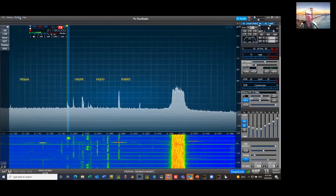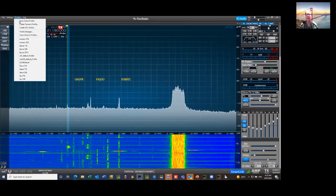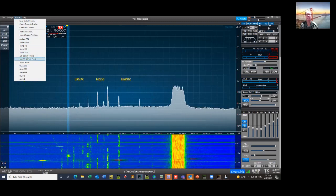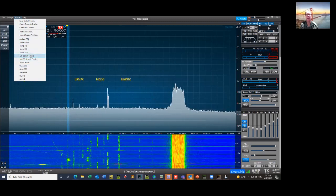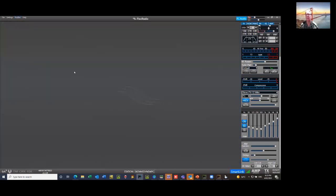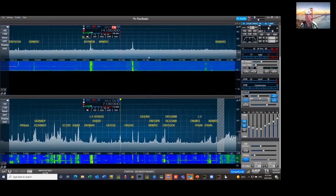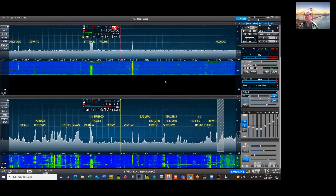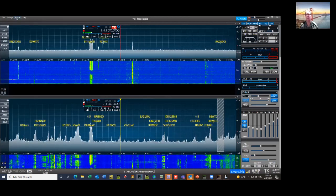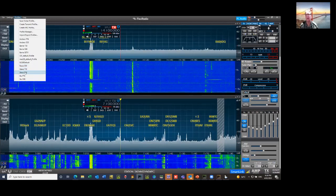And then when I've finished using the radio, I'll go and set this up for some sort of default, like maybe this one on a SO2R default. And when I do that, the next person comes in, he can do whatever he likes. He can play with it as much as he likes, and it's not going to affect me, because the first thing I'm going to do when I come in and use the site is, depending on what mode I'm going to use, I'll set my own profile,